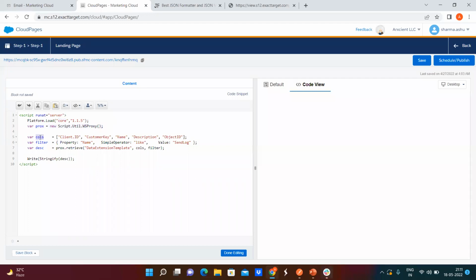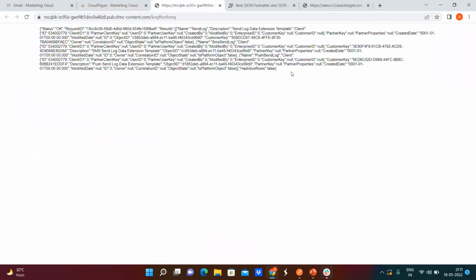I will retrieve these columns, which I am storing in a variable, and I will apply this filter: when the name is like SendLog, those records will be retrieved. Here I am using the retrieve function to retrieve the data extension object based on these columns and this filter. Once I click on the CloudPage URL,